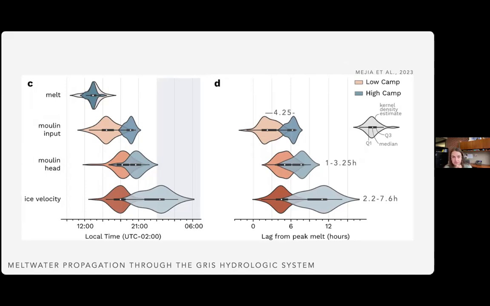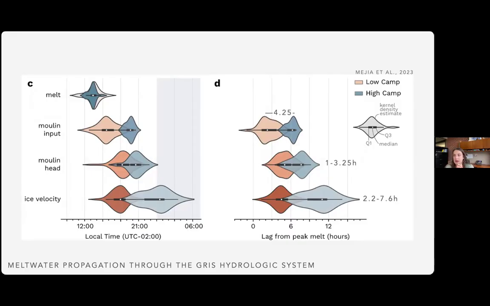Local time. Then we have our moulin input, so that's that same discharge into our moulin, so our stream stage there. Now looking at our moulin hydraulic head and our ice velocity. On the left, we have just the time of day, and on the right, we have the same data